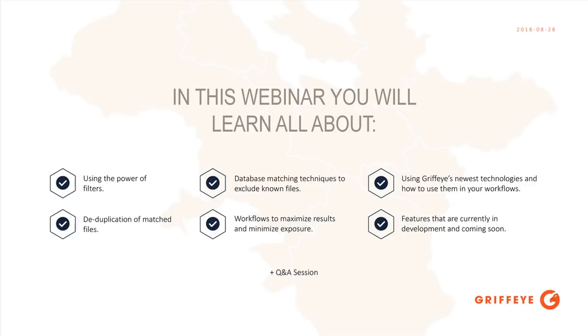Anyway, so today I'm going to discuss basically the power of this tool. Filters are just an amazing piece of software built in that we can use to quickly get rid of things or focus on certain things. We're going to go into that. We'll talk about the de-duplicating of files to minimize exposure and only have to make a decision once on several images that match, whether they be by MD5 matching or photo DNA matching.